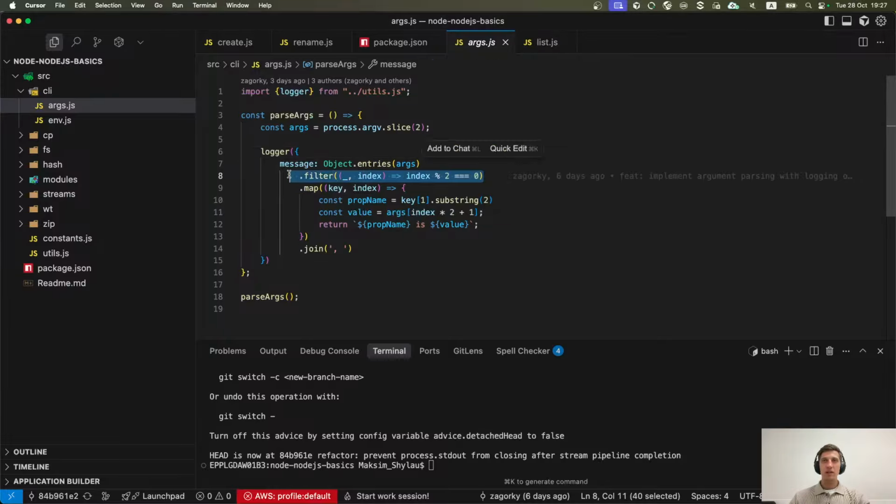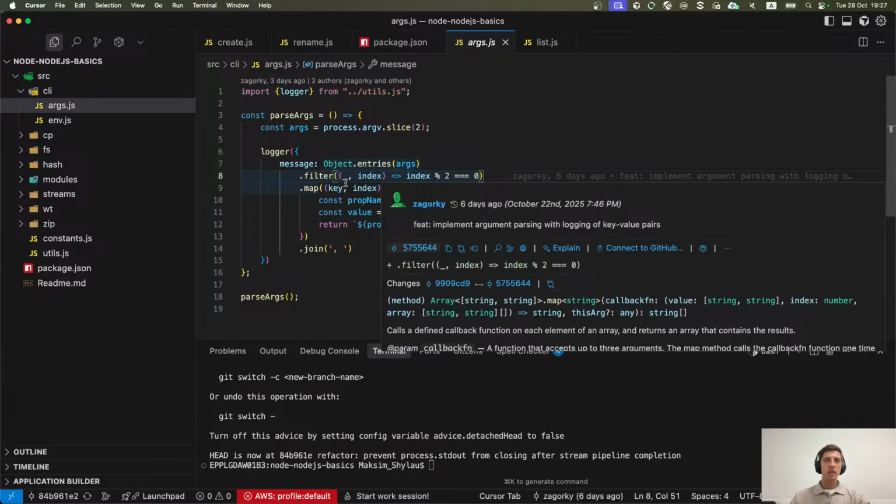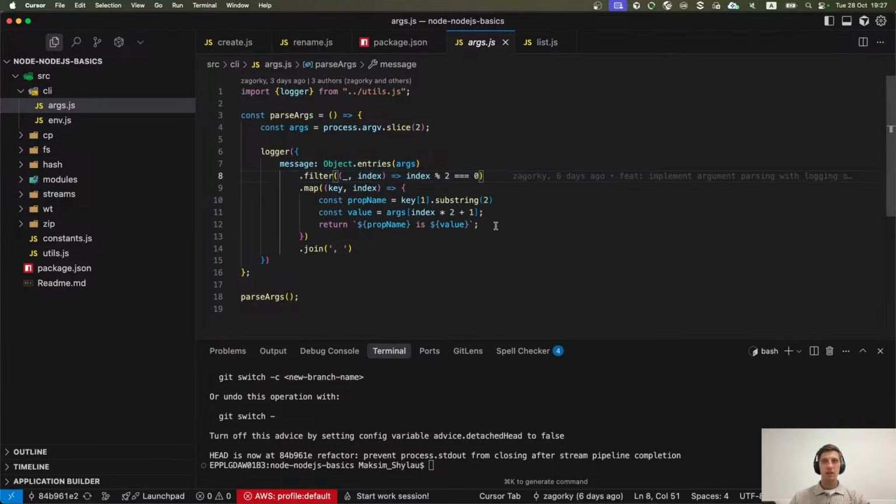So we get key value pairs, we exclude even ones, sorry, we leave even ones, and then we map our properties, our command line options to their values. So let's see how it works.